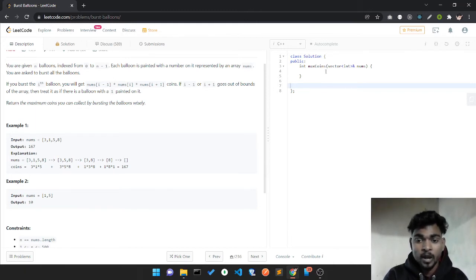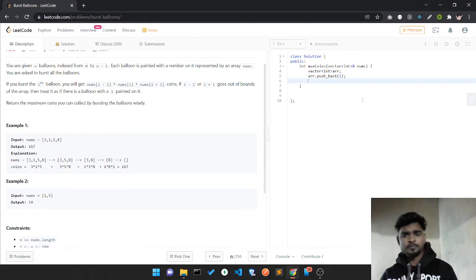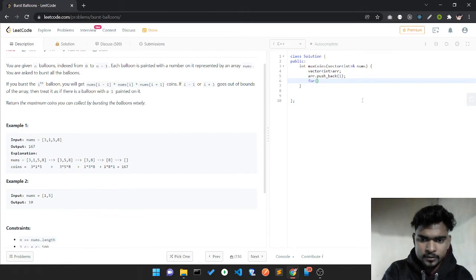So how can I do this? I'll just make a vector, let's say the name is array, and in this array I want to add 1. After adding this 1, I'll copy all my nums into this. For doing this, I'll iterate over all elements one by one and add them into my array.